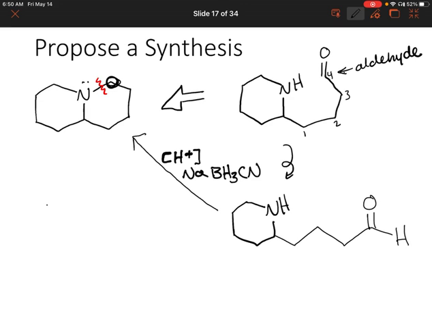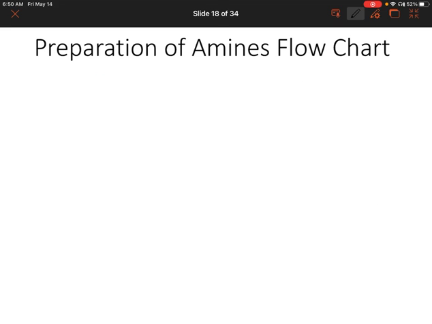Okay. So let's summarize everything we've learned so far about how to prepare amines. So let's say that our ultimate goal is to make a primary amine. So let's just draw a primary amine. There are multiple ways to do this, as we've seen. We could start with an alkyl halide,